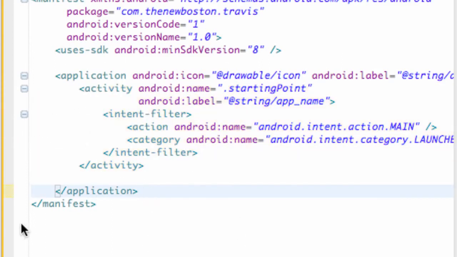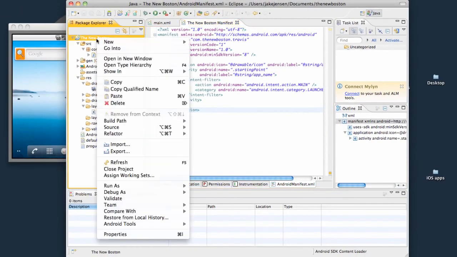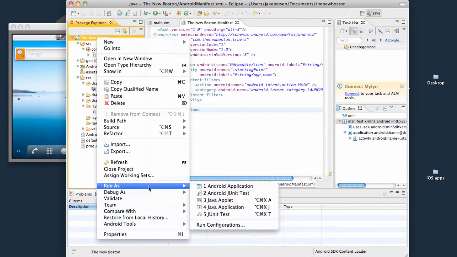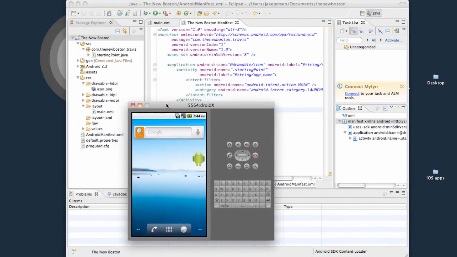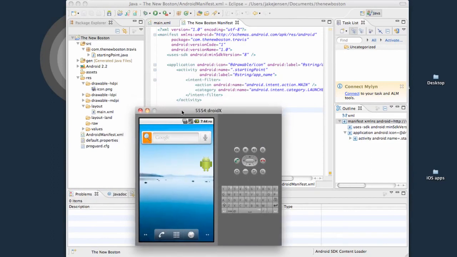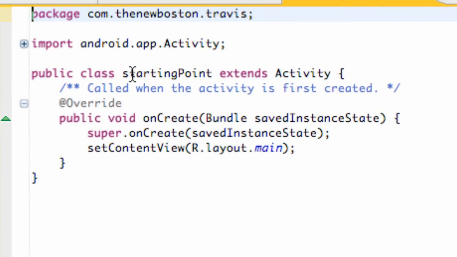So basically, that's kind of an overview. The only other thing I want you guys to do real quick is right click on your whole package, go to run as Android application, and that's going to load up on our emulator. Again, I'm just going to briefly talk through everything that's happening. As it's installing onto our emulator, it's looking for the launcher item, like I said, within the manifest. Then it calls this starting point class that we set up